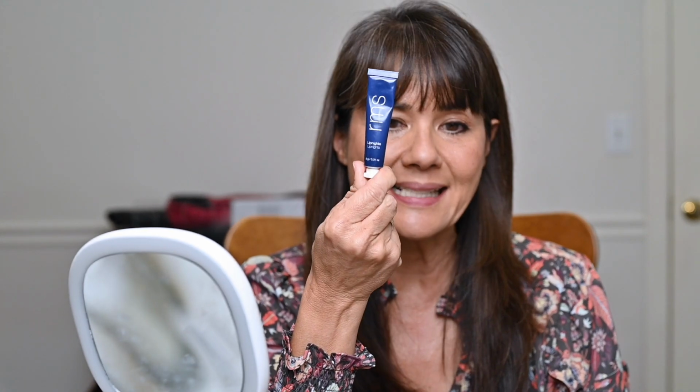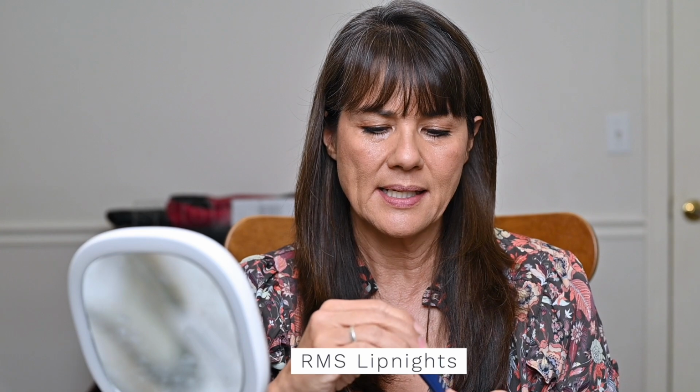RMS has a lip light, or they call them lip nights, and this is their kind of nighttime treatment. I use it during the day too, though. That's what I use today. It's thick, almost Vaseline feeling, but it stays on. And then also, I wonder if they have these in clear, but the Revlon, the gloss,